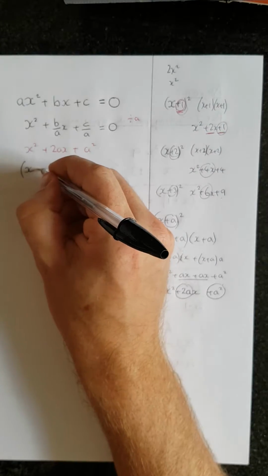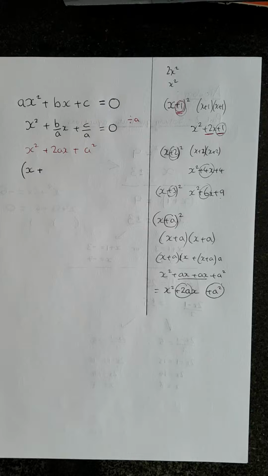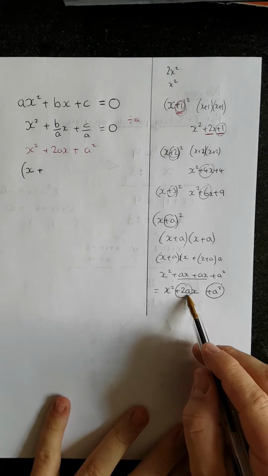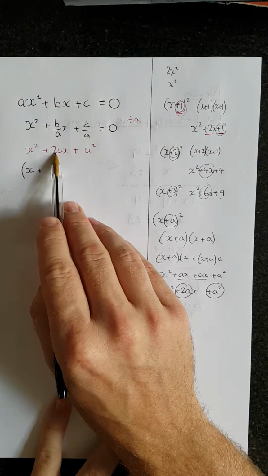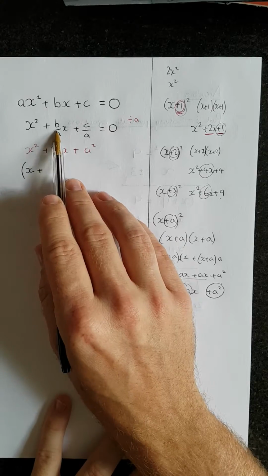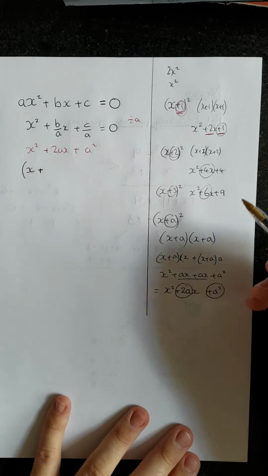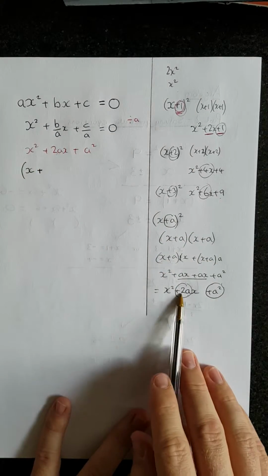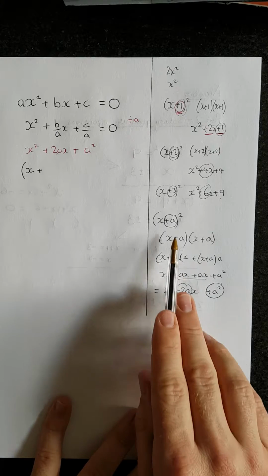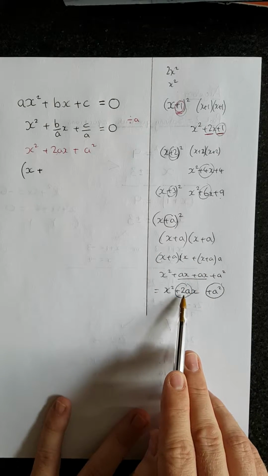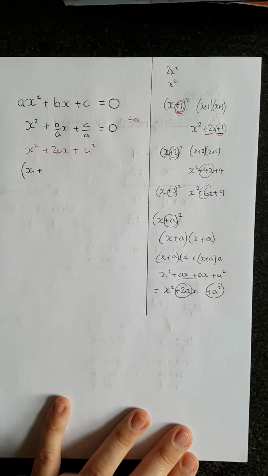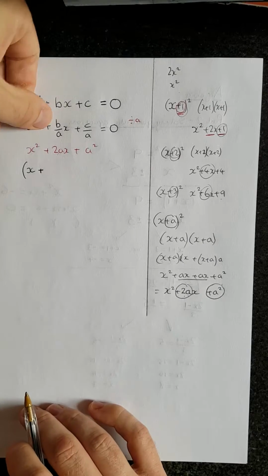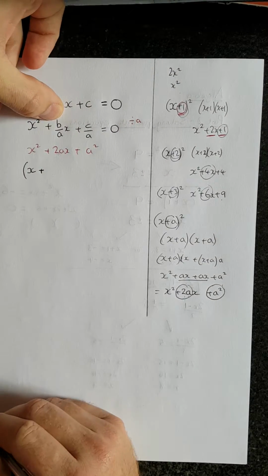I'm then going to put plus. Now, I need 2 lots. This term here is 2 lots of what goes in the bracket. 2a gives you a in the bracket. So what starts here may be 10, and what goes in the bracket is 5. What starts here may be 20, so what goes in the bracket is 10. So the bracket contains half of this term. So half of this